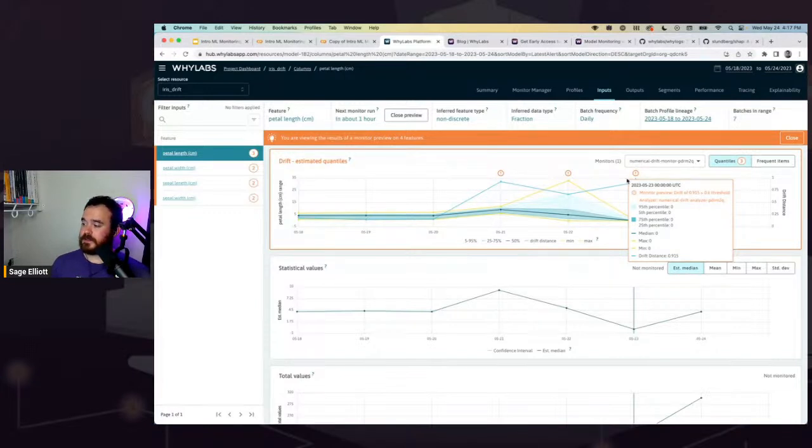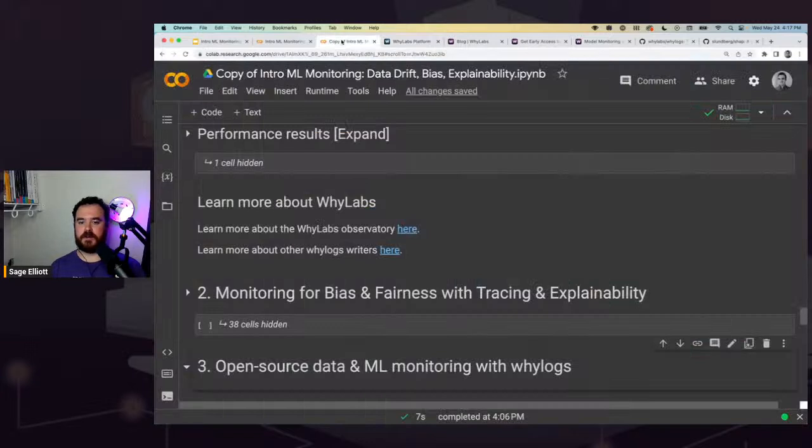Well, yeah, it depends. Someone asked about other tools to fix issues. It depends on the type of issues. If you want to do data quality validation, that's something we'll look at with YLogs. In that case, if we knew that 33 should never be possible, what we can do is just stop it in our environment and never make it go to the model. So we'll see how you can do that.